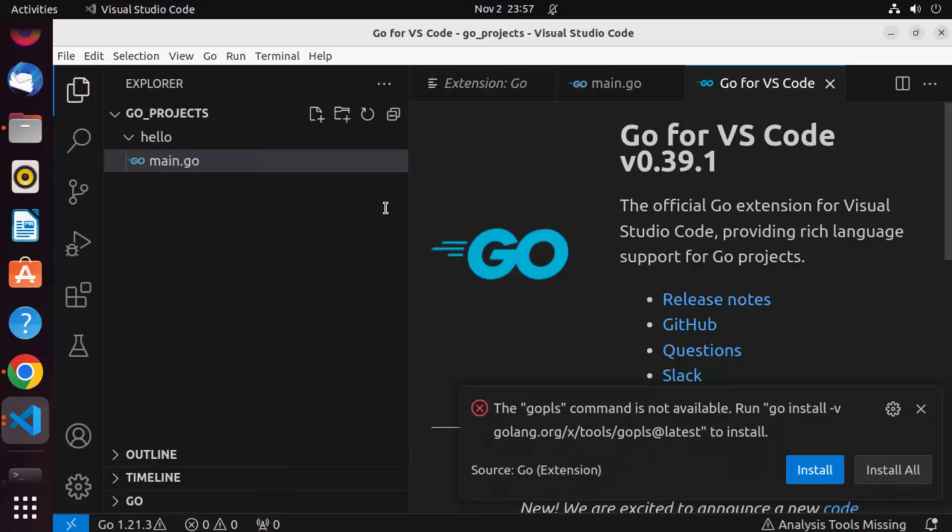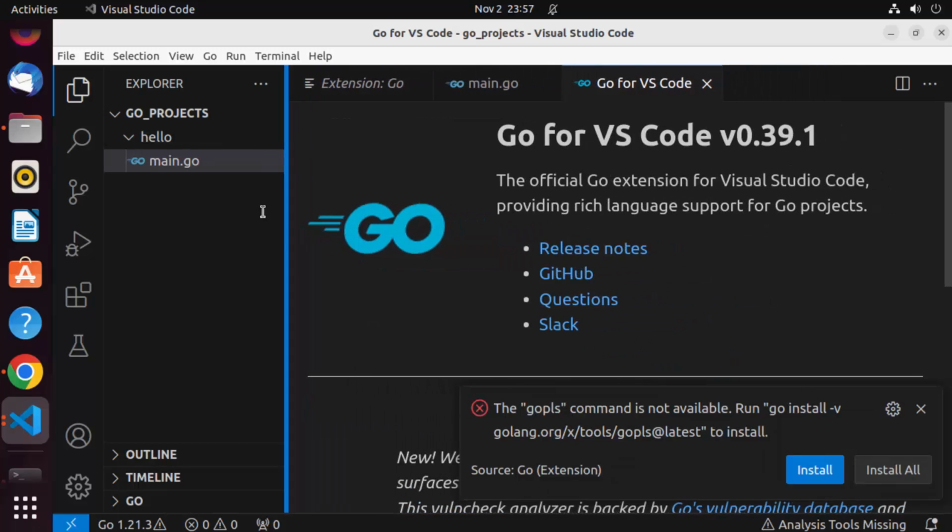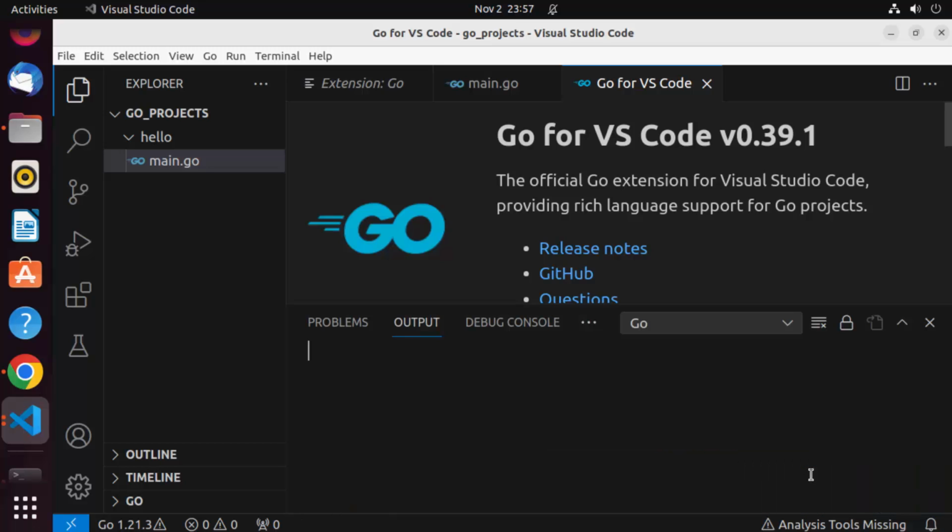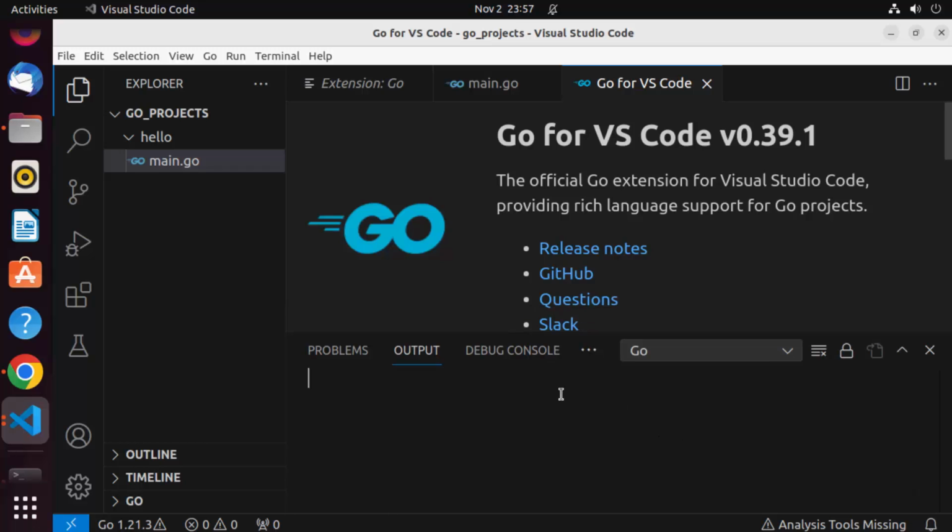As soon as I do that, you can see I get a recommendation to install gopls, as the command is not available, so I can click on this install button, which is going to start the installation, and we can let it run in the background. But let's go to the